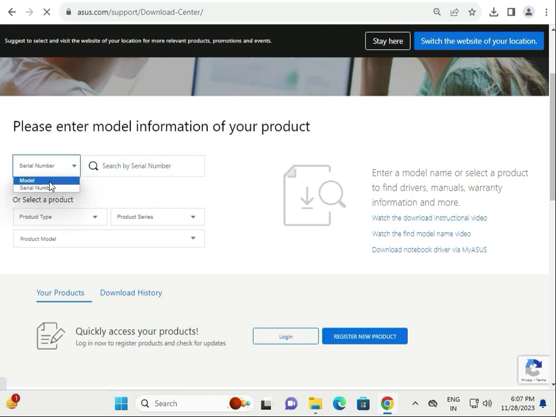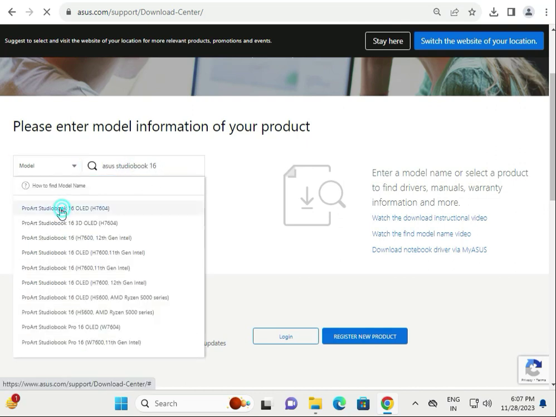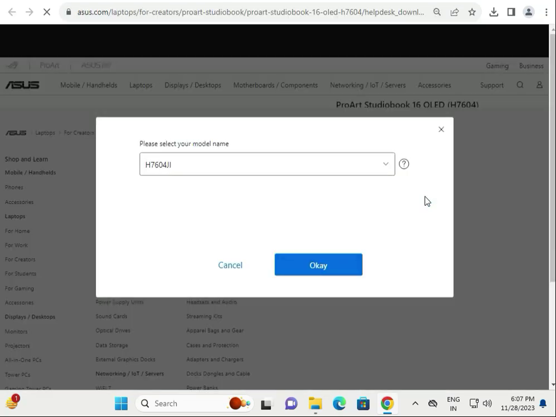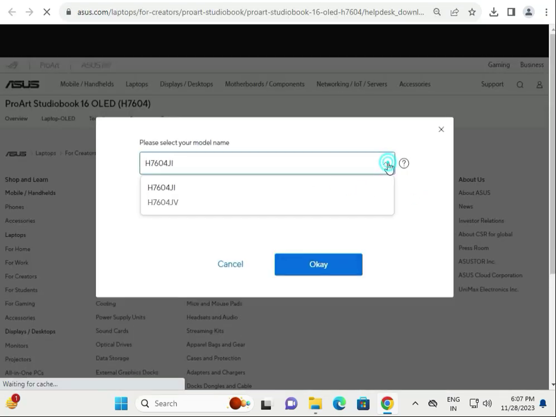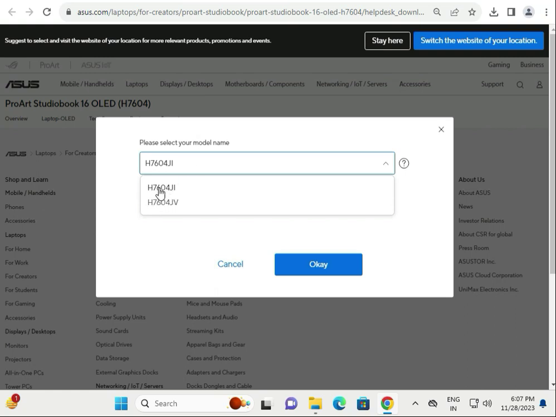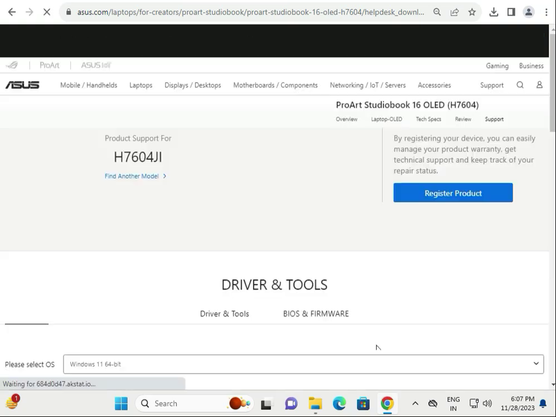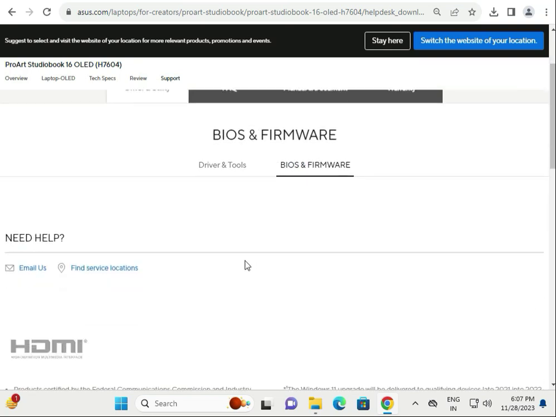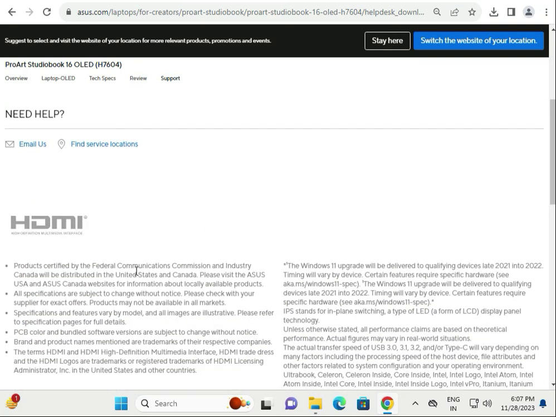If you don't know your serial number, select your model number and then 16. Okay, then click Driver and Utilities. This is the product name, which you can check, and click OK. Then this is BIOS. If you have to update the BIOS,